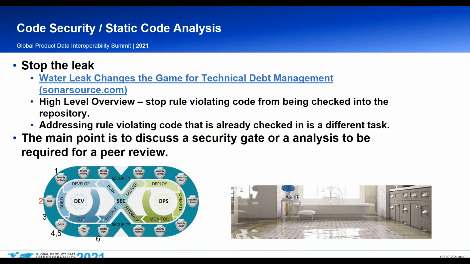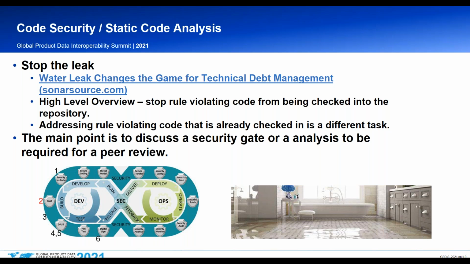And a few years ago, I've been working with SonarQube, and SonarQube has a really cool stop the leak documentation. And if you look at the picture on the bottom right-hand corner, it shows a bathroom, and the bathroom